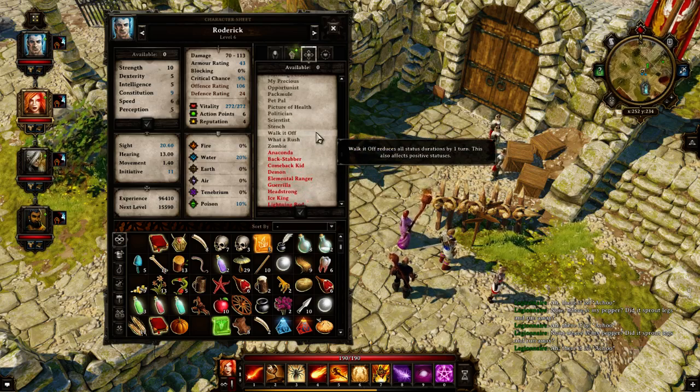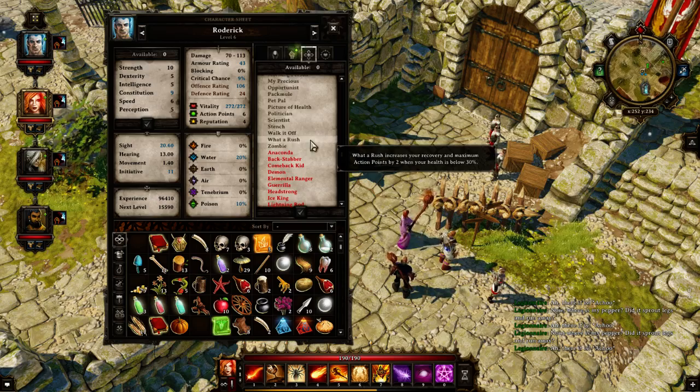because it reduces knockdown effects, stun effects, so all those nasty effects get reduced too, so that could be really useful. Then we got Water Rush, increases your recovery and maximum action points by 2 when your health is below 30%. So this is a high risk, high reward talent. Don't really like it. However, you